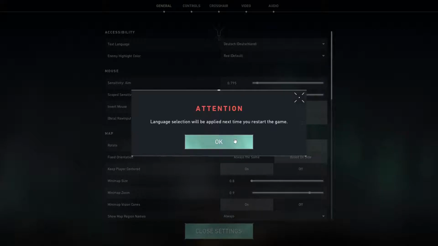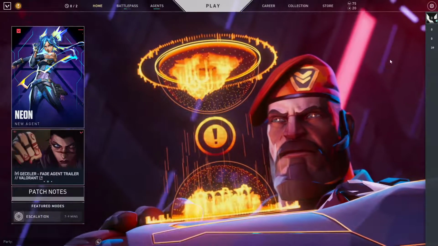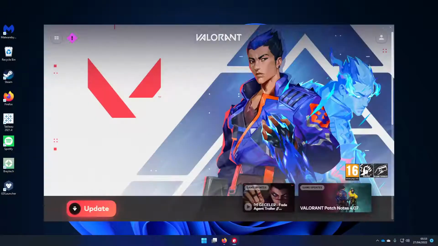So Deutschland. So it'll tell us then to restart the game, exit the desktop. Now, my Valorant is going to be in German, so this is a little bit annoying,